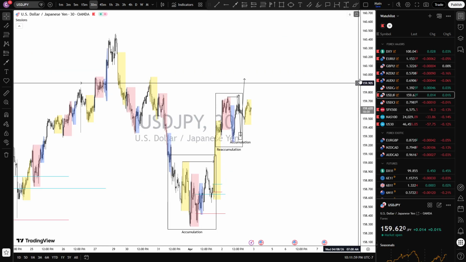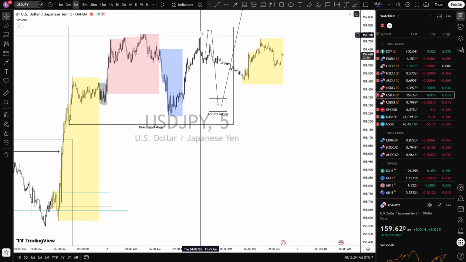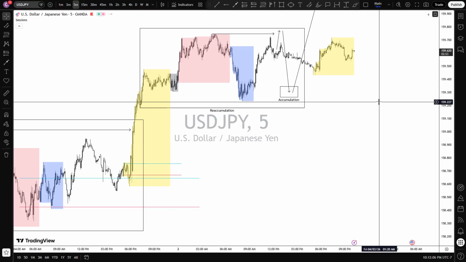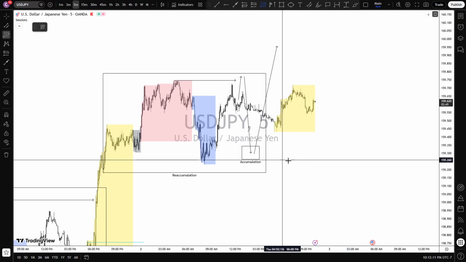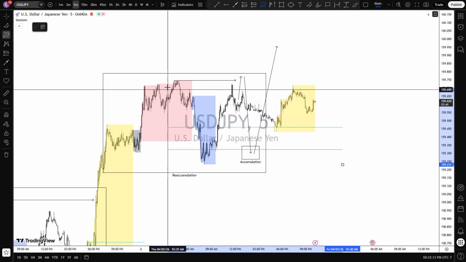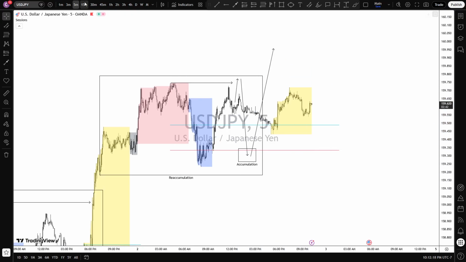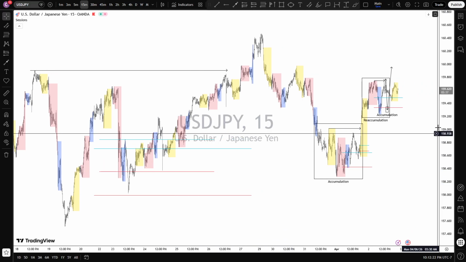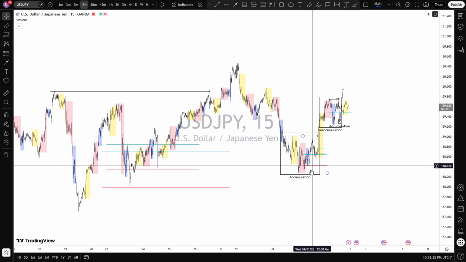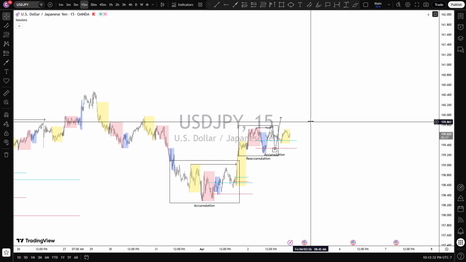And then USD JPY, I want it to reaccumulate. Looks like it's going to make its way up there. And then once it does, I'll just measure out this whole move and then look for a schematic to take higher. Because we did accumulate in an area of demand. This is a valid accumulation. It is a type 2, so there's no manipulation. But yeah, if it reaccumulates, then yeah, I'll take it.